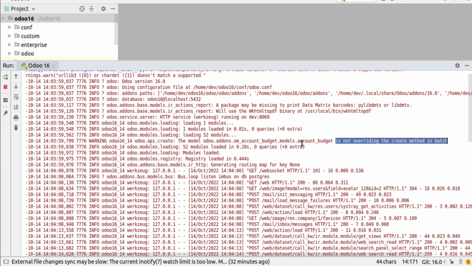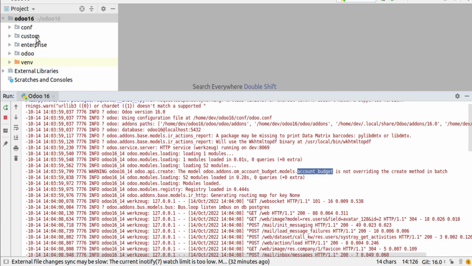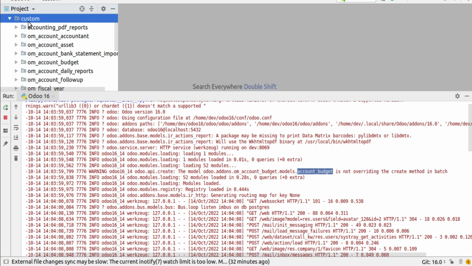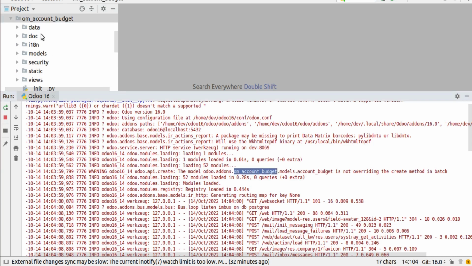It says that inside this file, account budget of the OM account budget module, there is a create function which is not respecting the batch creation of records. So first of all, we will go to that corresponding module. We have custom add-ons, custom, and here we have the OM budget module which is shown in the log, and inside